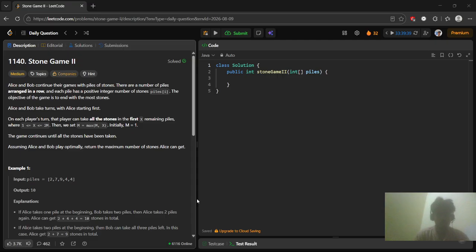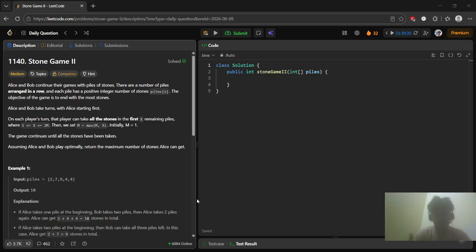So we define dfs(i, M) as the maximum number of stones the current player can obtain when the game is at index i with the current limit M, right? If the current player takes X piles where 1 <= X <= 2M,